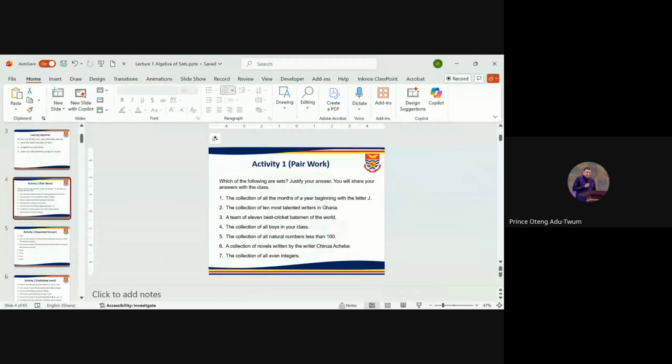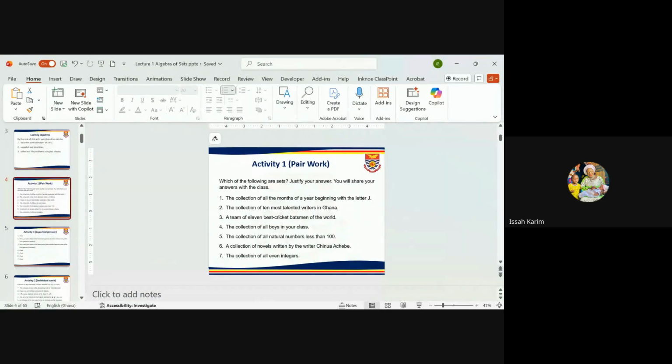Doc, can I also come in again? Yes, you can come. I want to justify what I said earlier on. I consider it to be a set because we have selected 10 talented subject writers, and among them, the first 10 are being grouped. So it is assumed that we all know that these 10 people are talented. Since we all know, that is where it becomes a set. And also, just as my brother said, if there is none, the empty set is also a set. That is why I consider it to be a set.